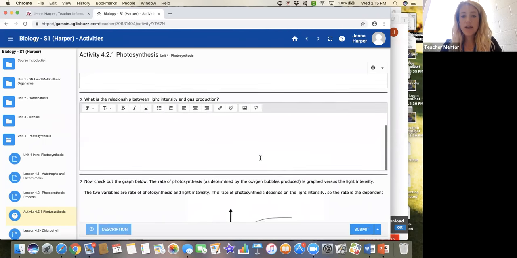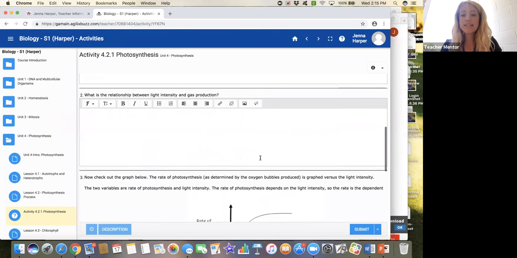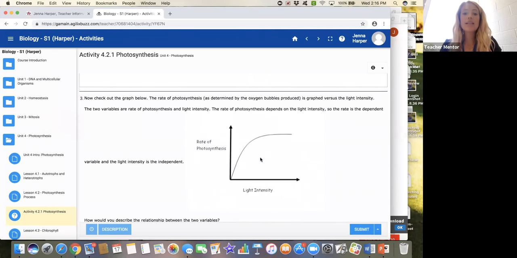It says the rate of photosynthesis depends on the light intensity. So the rate is the dependent variable, and the light intensity is the independent variable. The independent variable is always going to be something that we manipulate, right? We're manipulating the light intensity here, like we were in that Elodea plant, and our dependent variable is always going to be our data point, what we can actually get data from,